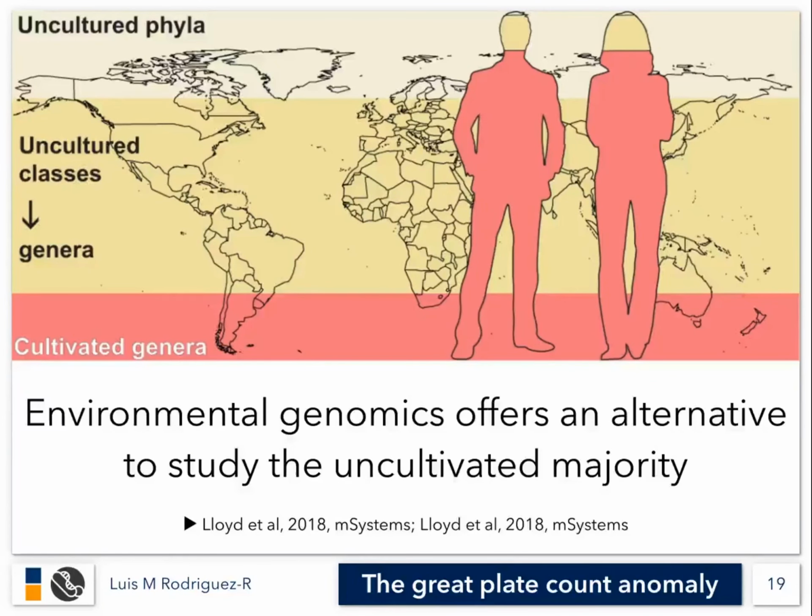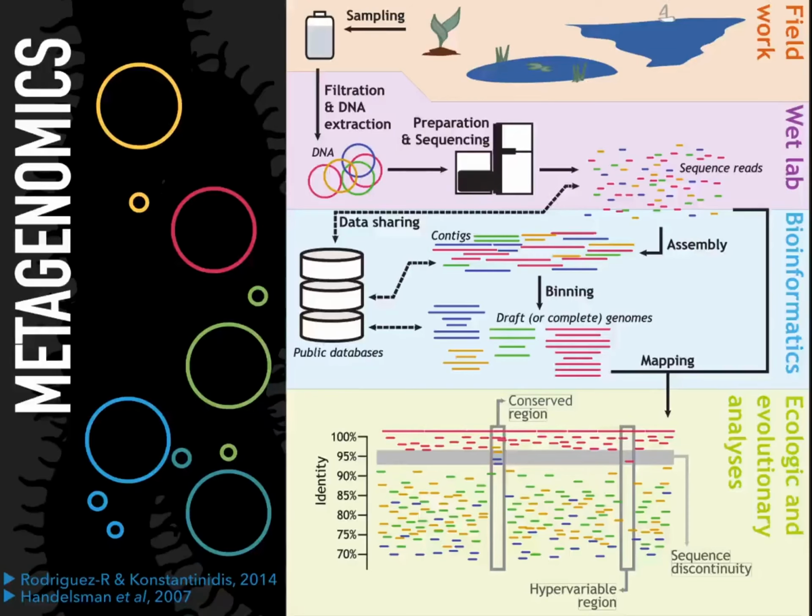The thing is, there are other ways of studying microbes. We can bypass that problem. We can use environmental genomics, which offers an alternative to study the uncultivated majority. This stacked bar plot shows the number of organisms that are somewhat related to something that we have cultivated, and these in white are the ones that are completely different from anything that we have cultivated. And all of these we can know directly from using environmental genomics, and in particular a technique